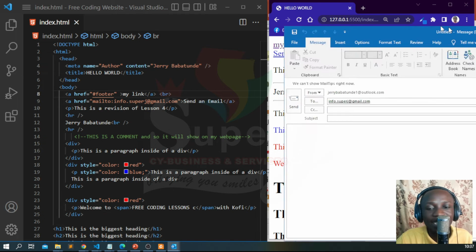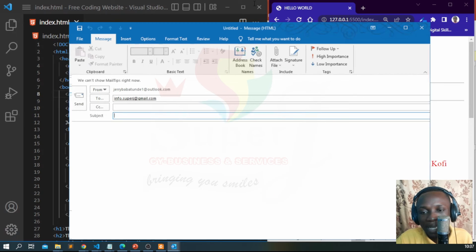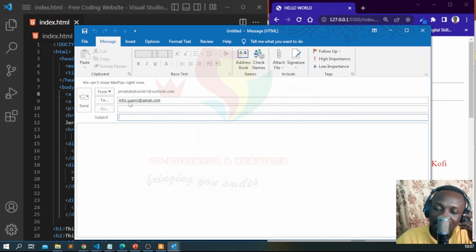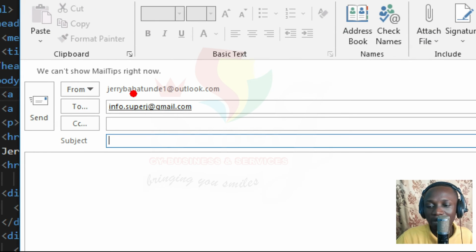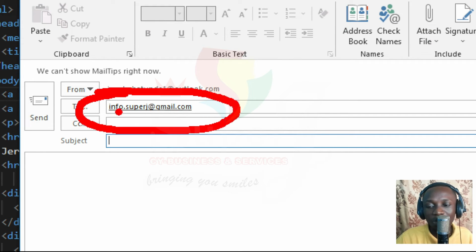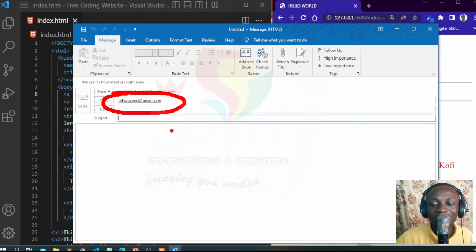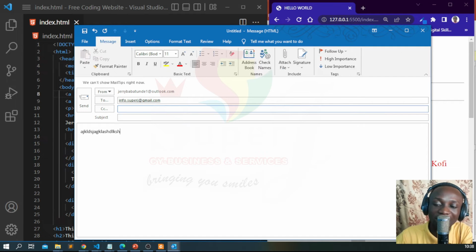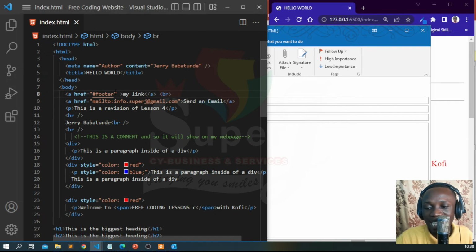And then you realize that with the message, it says untitled because I've not given it any title or subject. And when you check in the two elements, the two parts over here, you realize that the email that I wrote over there has been put in the two. It means that once I send anything, whatever I send will be sent to this email, which I specified when I was writing my code. So that is how you can let somebody click on a link to send you an email just from your